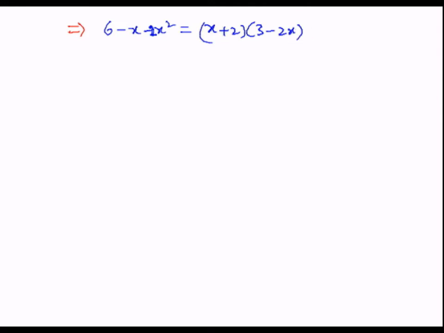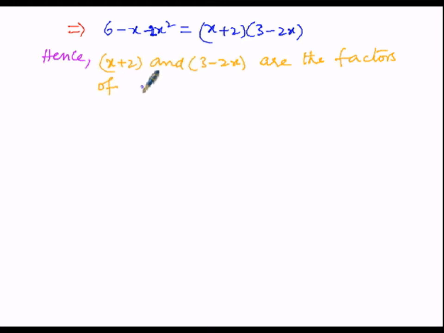So hence x plus 2 and 3 minus 2x are the factors of the given quadratic polynomial,